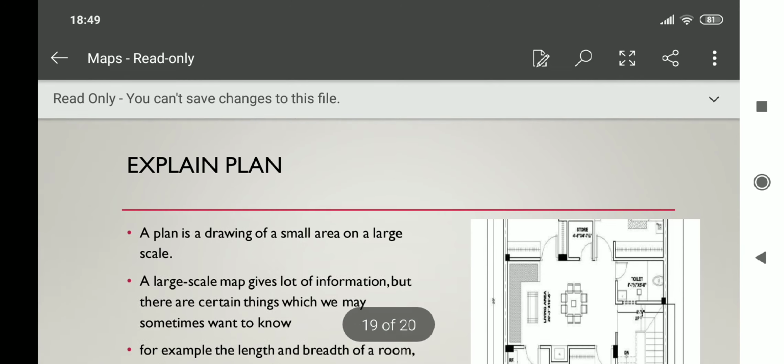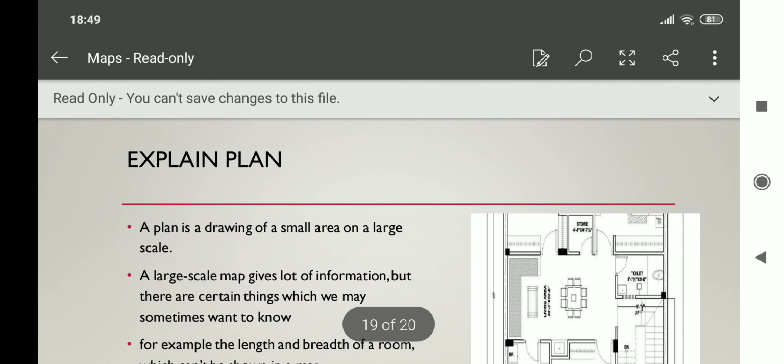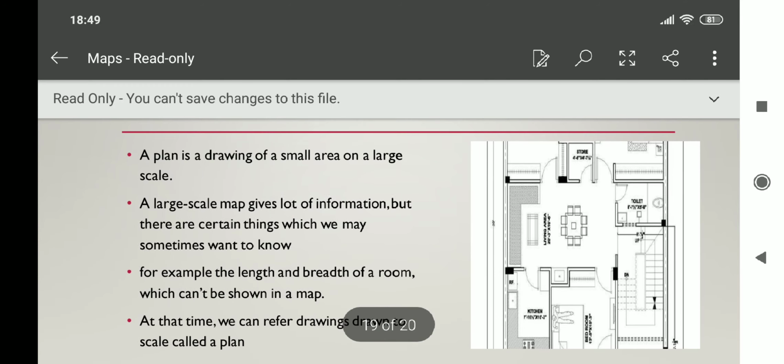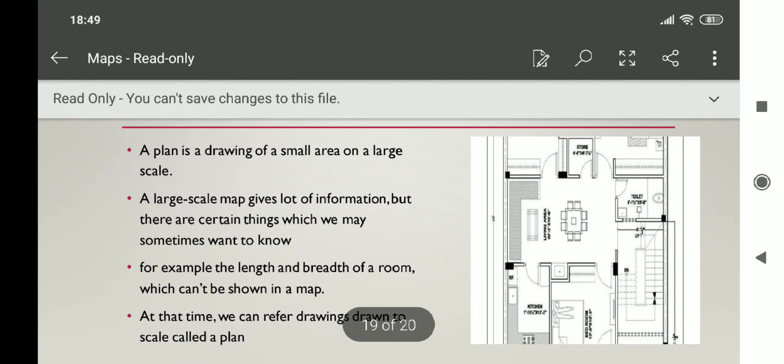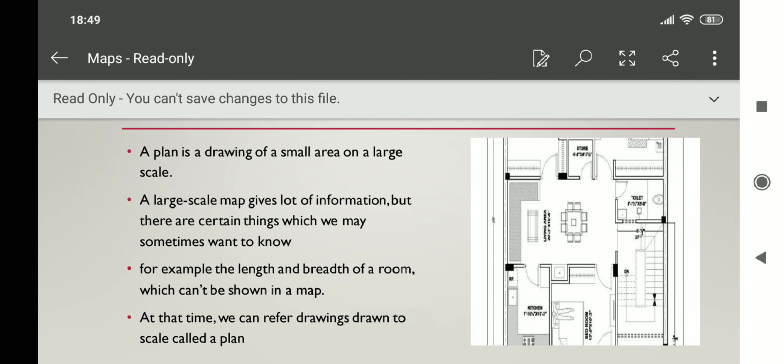Okay, so our last and final topic is explain plane. One question can come: what is the difference between plane and map? You can tell about maps, and now I am explaining planes. A plane is a drawing of a small area on a large scale.